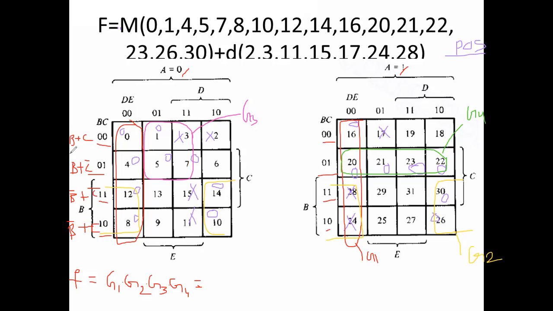Okay, so the B plus C combination means (B plus C) into (B plus C bar) into (B bar plus C bar) into (B bar plus C). Totally we are getting 1. In that way, remember, if the total column or total row is covered, then that variable is not getting here, so that becomes 0. So B variable is not getting and C variable is not getting here in this group 1, because the total column will be covered.